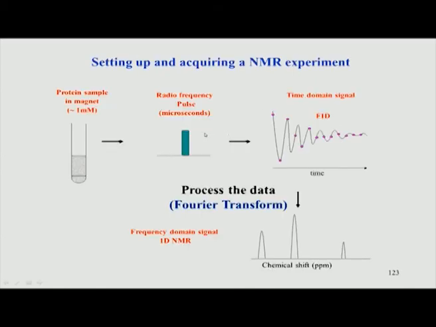This is what the total NMR experiment is. You take a molecule, a sample in an NMR tube, typically at millimolar concentration, and we will see more in the next few slides. Then we apply a radio frequency pulse, the 90 degree pulse, which tilts the magnetization to the xy plane. When they start going back towards the z axis, they start relaxing, and that induces a current, an EMF, in the coil, called the FID. That is a time domain signal because it is with respect to time.